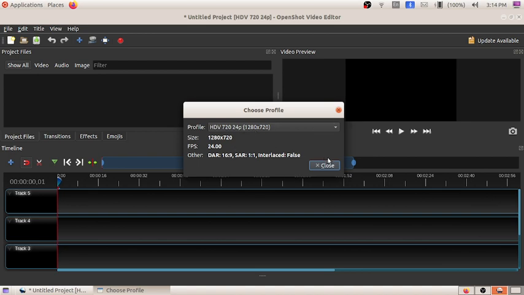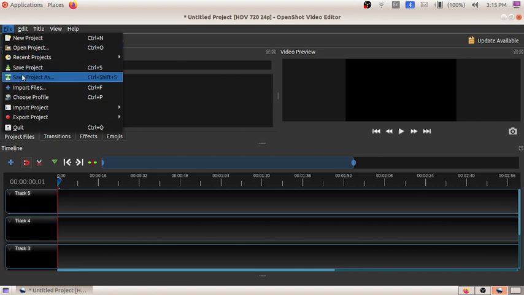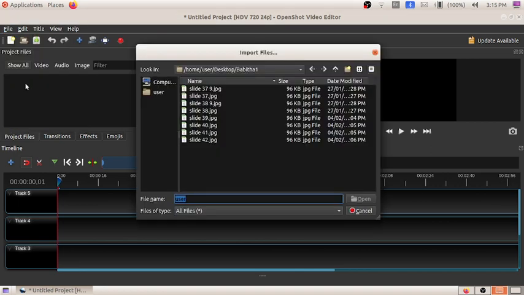So I have opted this option. So you can see here the version. After that I am going to import the files that are required for video editing. I can import the files from the File menu, where you will get the option Import Files, and from the import files